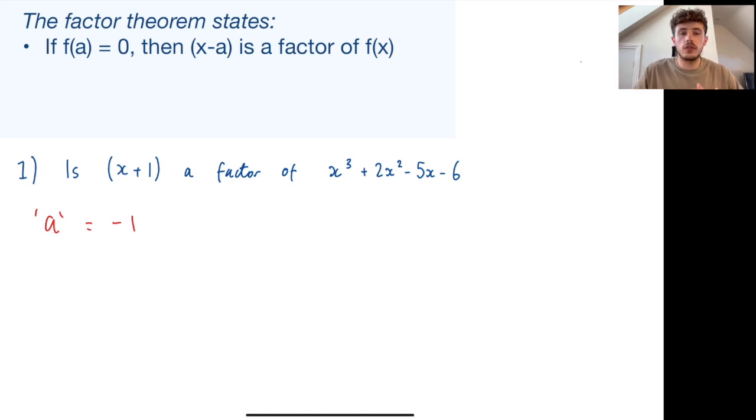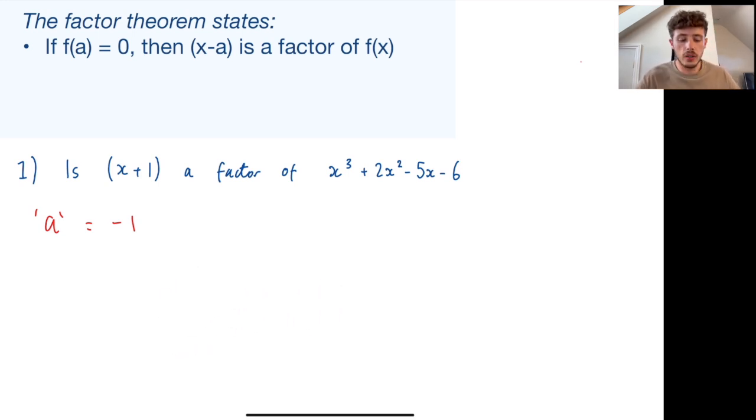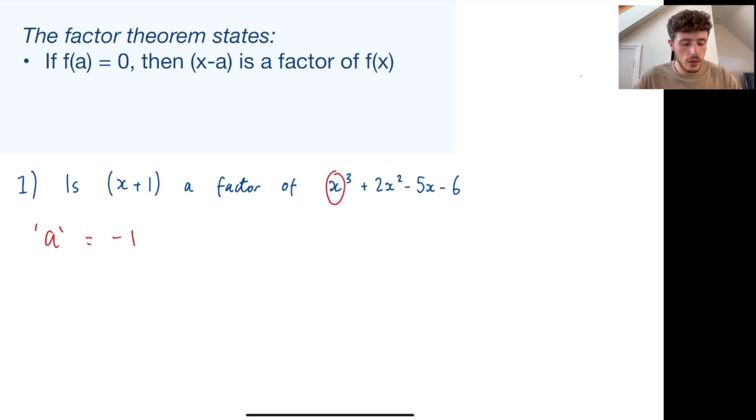Because if we were to solve a quadratic and you had, say, x plus 1, x plus 2 equals 0, the roots of those equations would be x equals minus 1, x equals minus 2, as you would have seen at GCSE. This is exactly the same kind of idea. That's the only reason I've taken the opposite sign, the negative in this case. So we're going to let the a value be -1, and we're going to substitute the a into the x